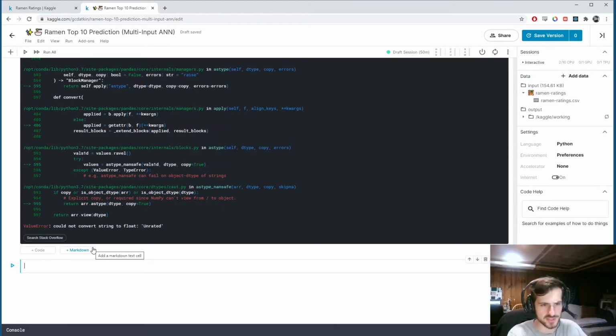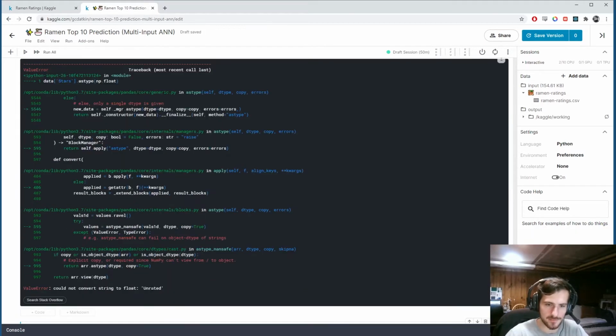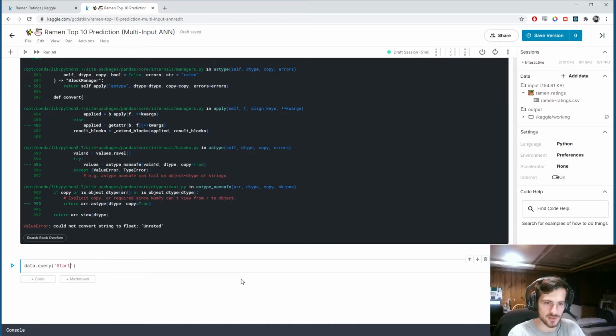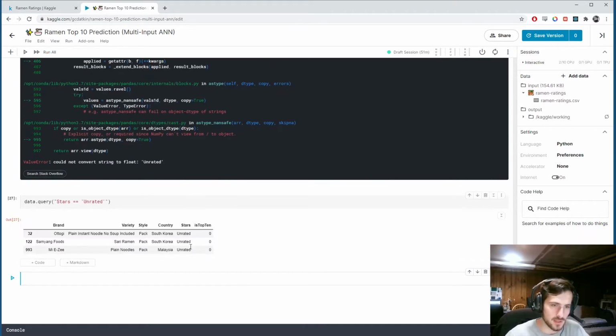So first let's see how many we have. Data.query. So we're querying for unrated in the stars column. So stars equals unrated. Okay, it's only 3, but I don't see why we should drop them, because this is easily fixed if all we have to do is